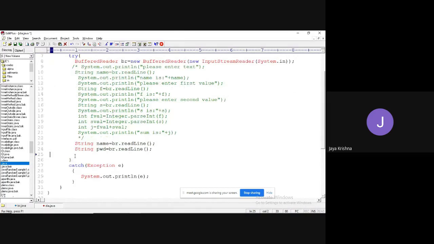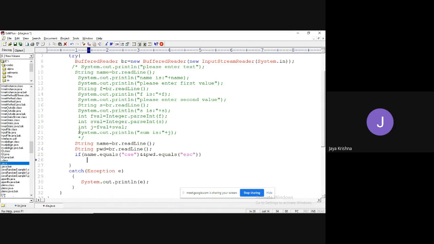If the entered name matches, how are we going to compare the strings? By using the equals method. For example, the username is CSC, name.equals of CSC, and pw.equals of, once again, the password is ESC, just the opposite of that one.